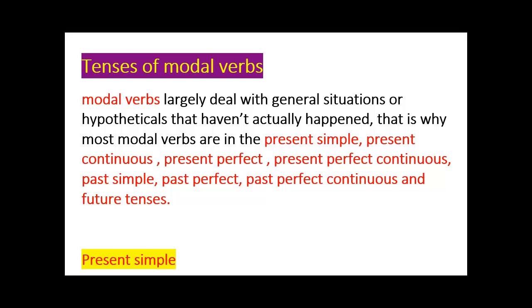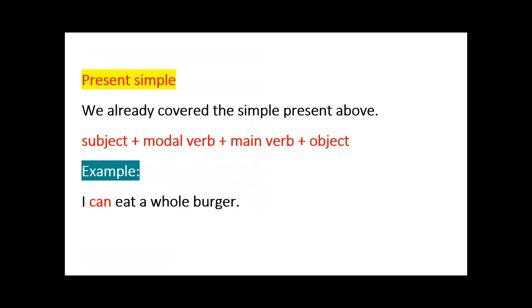modal verbs. They can be used with present simple, continuous, perfect, perfect continuous, past simple, past perfect continuous, and in the future as well. Present simple: I can eat a whole burger. We said it before, we got the subject and modal verb can, and the main verb eat and a whole